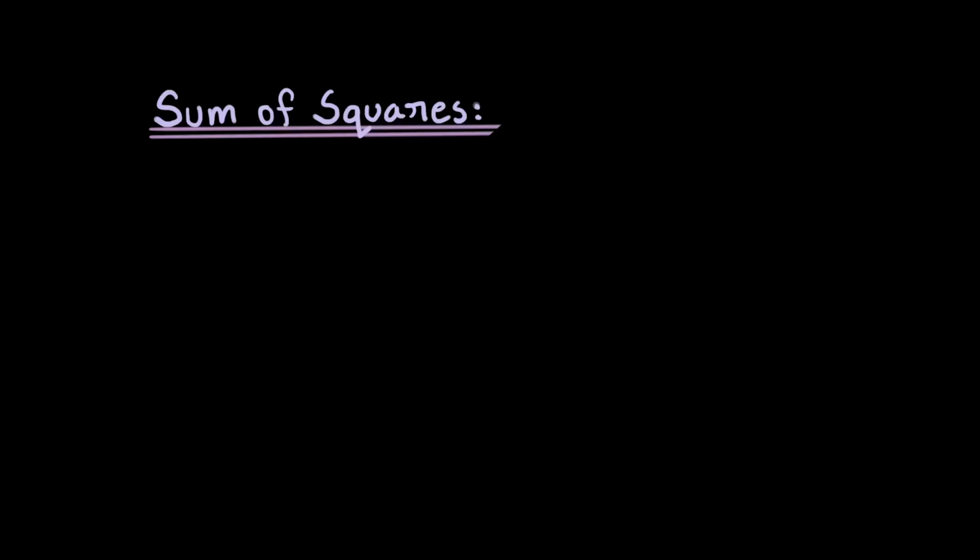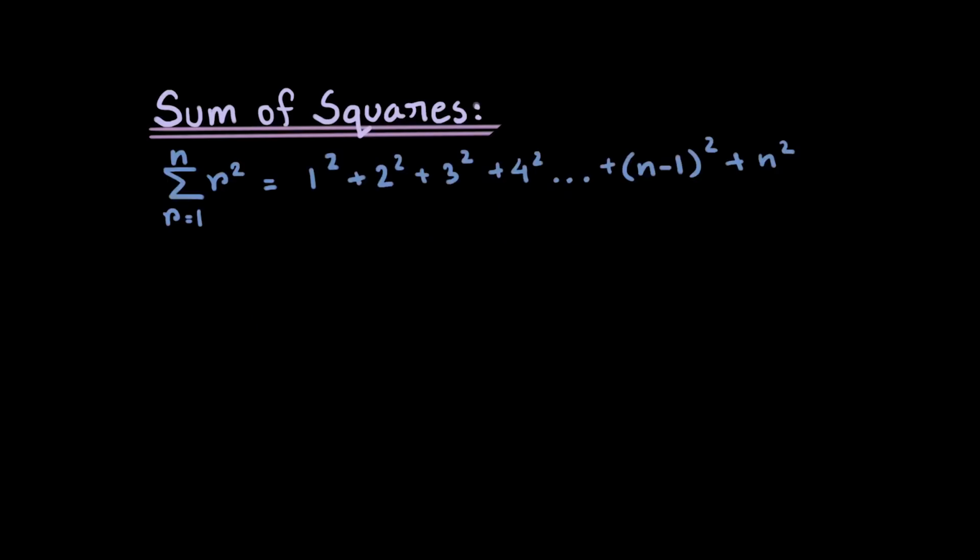We'll try to derive the formulas for the sum of r square and r cube in this video. So the sum of r square. The sum of r square means the sum of 1 square plus 2 square plus 3 square up until the limit n square. To find out a formula for this, we are going to use what is called the differences